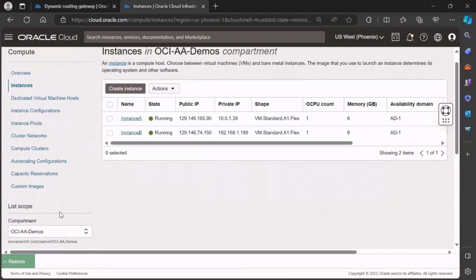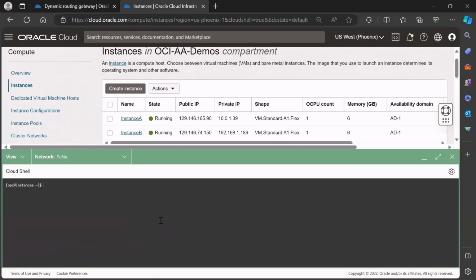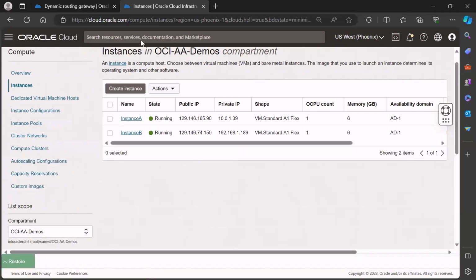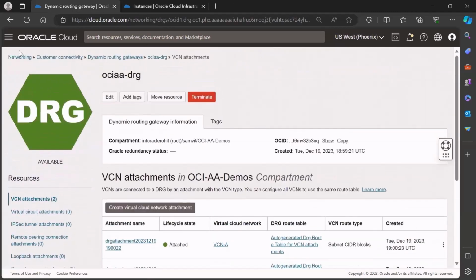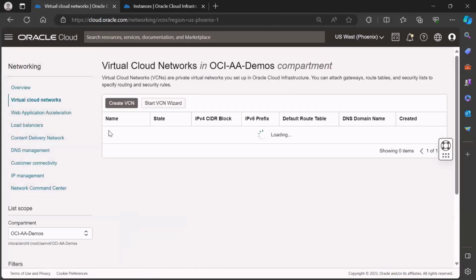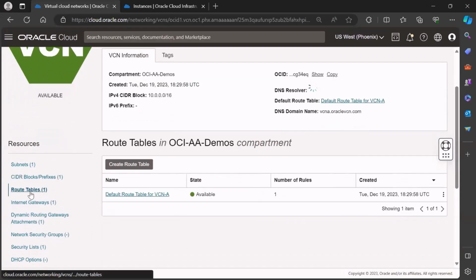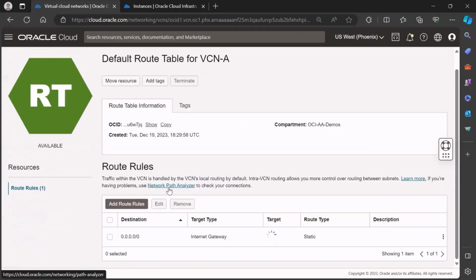If we return back to the instances, let me first clear it. And from inside instance A, we will try to ping the private IP address of instance B. You see that it's not working because we are yet to configure routing. So we'll return back. We'll go to networking, virtual cloud networks. Let's first go to VCN A, route tables, default route table,